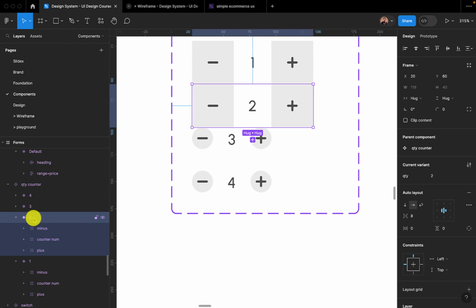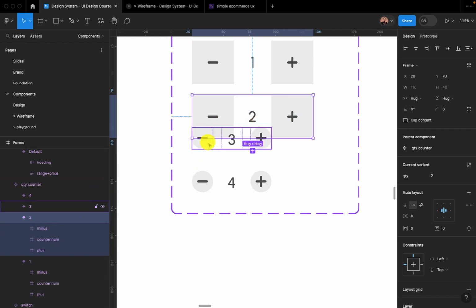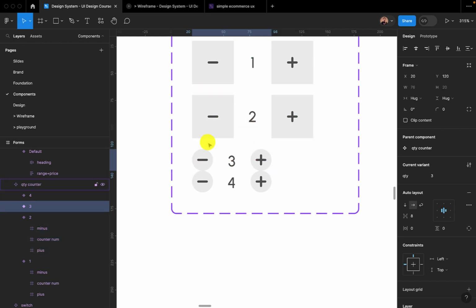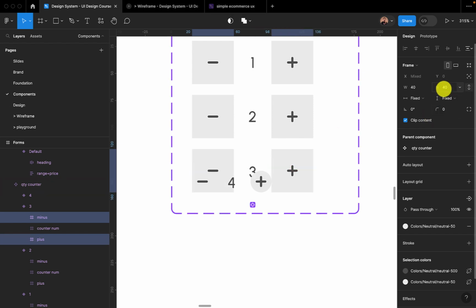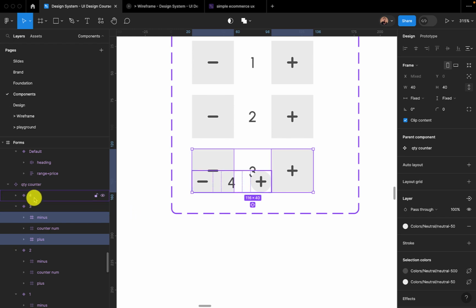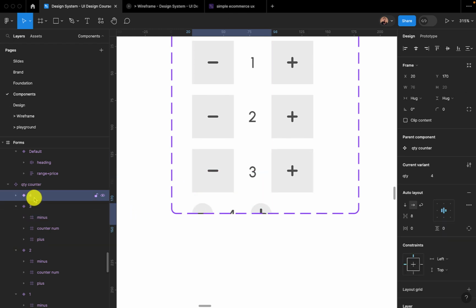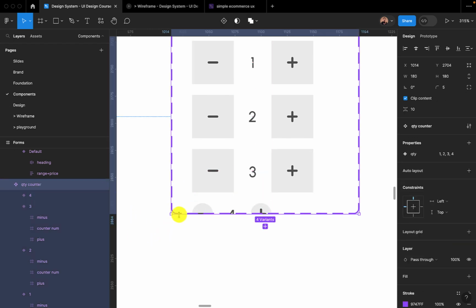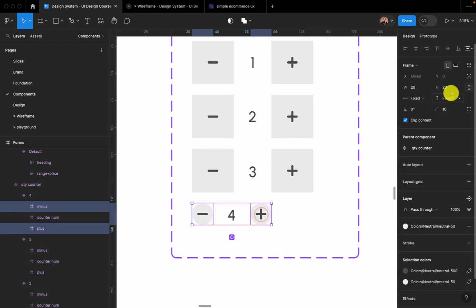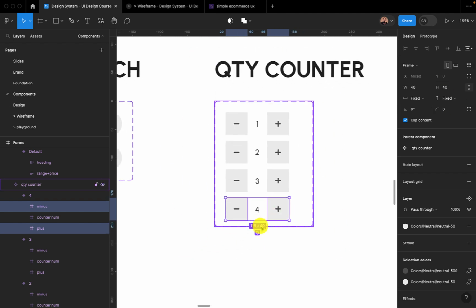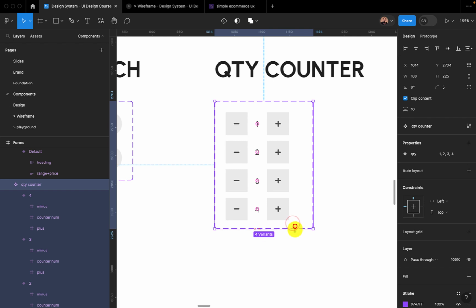That makes sense. Let's do the third one too. Do the same thing there. 0, 40. All right, that makes sense. This is the fourth one. Let's bring it down. Select this top and stretch it a little bit. All right, so let's do the same to this as well. 0, 40. So that's the beauty of this thing, that sometimes you might design something and when you want to